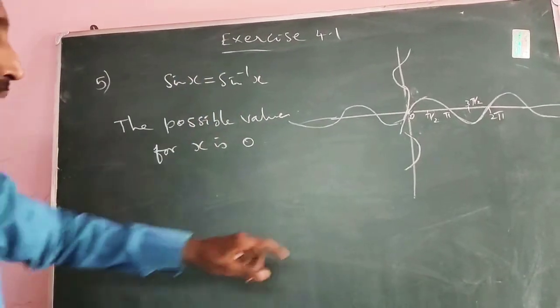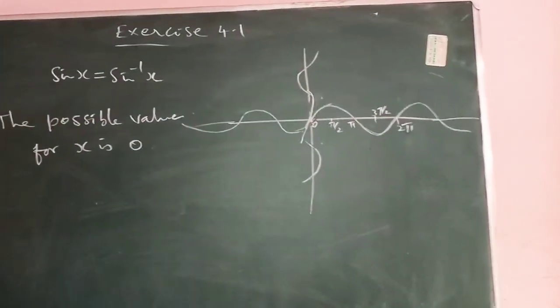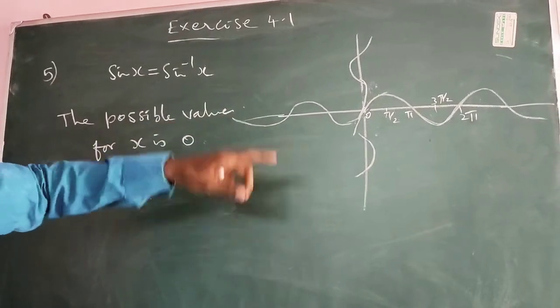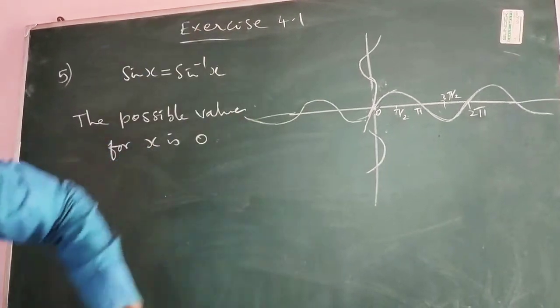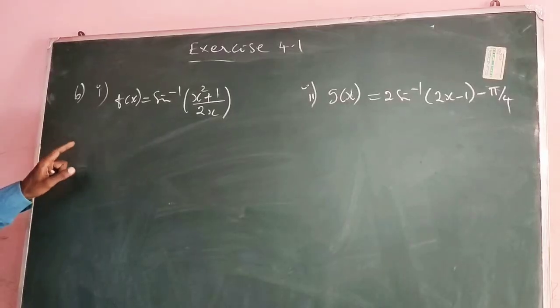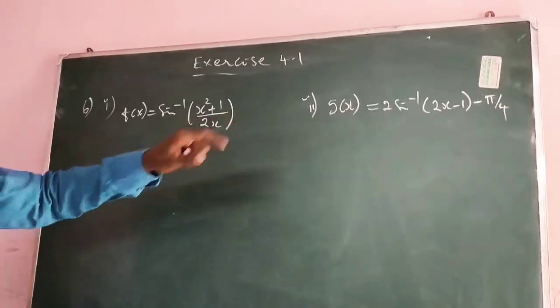So once again repeating, if we look at the diagram in the radian measurement, it may look like they meet at some other points. So avoiding that confusion, just look at the diagram in the degree measurement, and we get the clear diagram. In exercise 4.1, the question is to find the domain of the following two subdivisions.